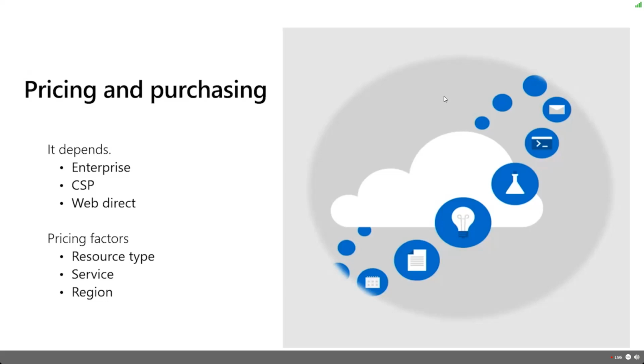It depends on what type of customer you are. Are you an enterprise customer and have an EA with the discounted rate, which means it changes how that usage meter spins? Or are you a cloud solution provider, a CSP? This is generally for our mid-sized to smaller organizations where they hire a partner to come in and build those solutions in Azure on their behalf, and sometimes those partners will have discounts, so that can control the price. Then we also have the web direct or the pay-as-you-go. That's basically the full retail price of Azure. So how you acquire your subscription is going to control your price.